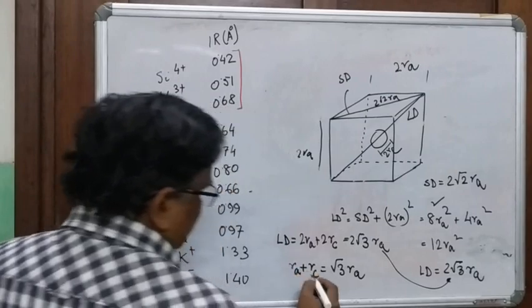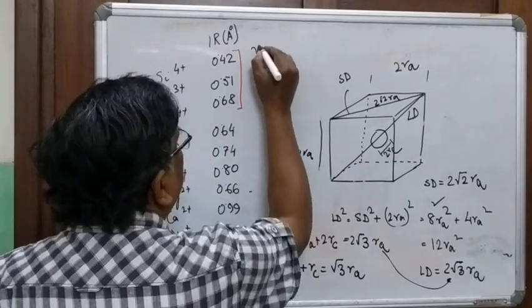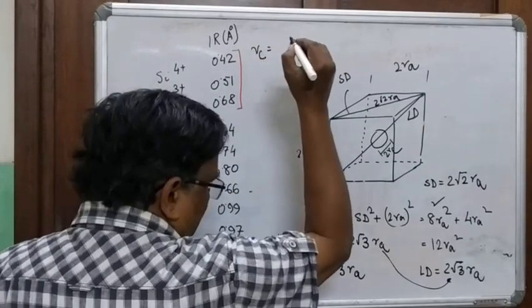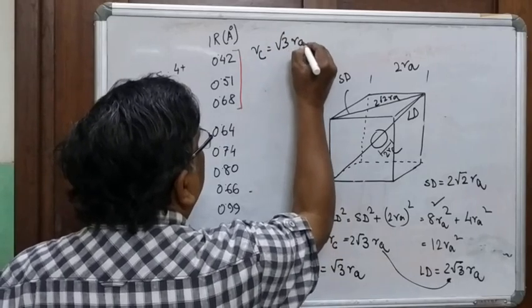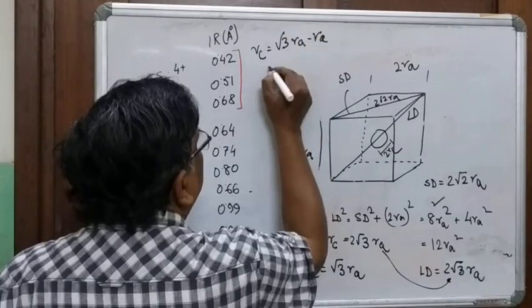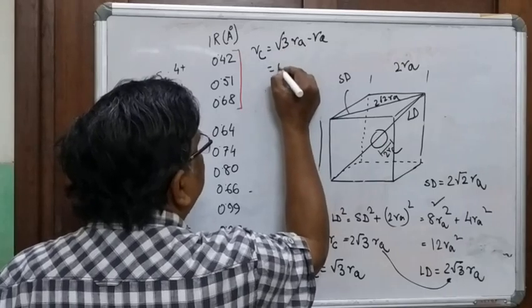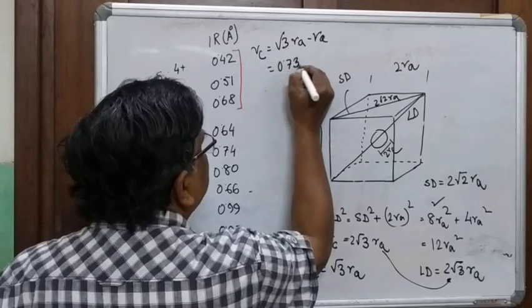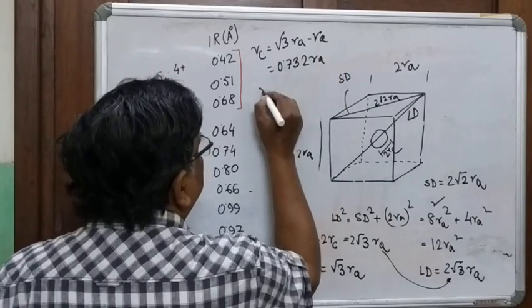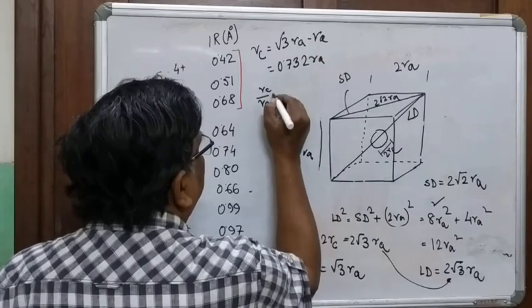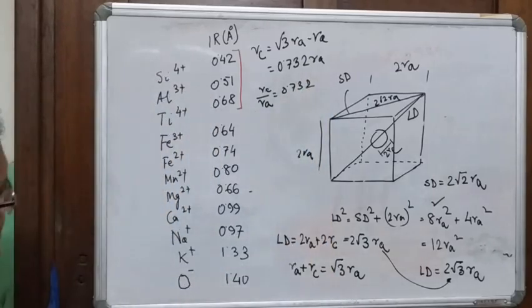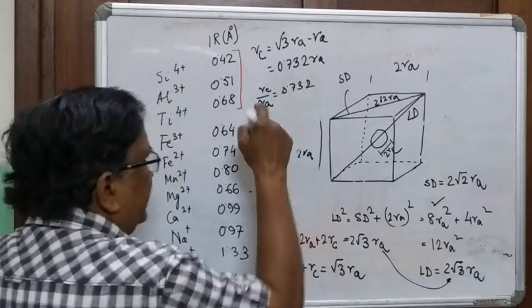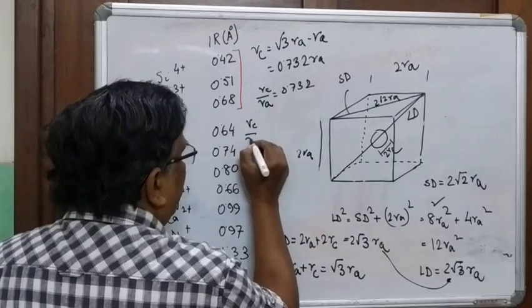So if you do this, Ra plus Rc, so Rc will be equal to root 3 Ra minus Ra. So root 3 is 1.732, so it is 1.732 Ra. That means Rc by Ra is equal to 0.732. And this, if the anion is oxygen, Rc by Ra